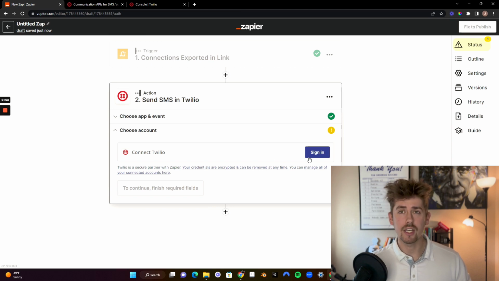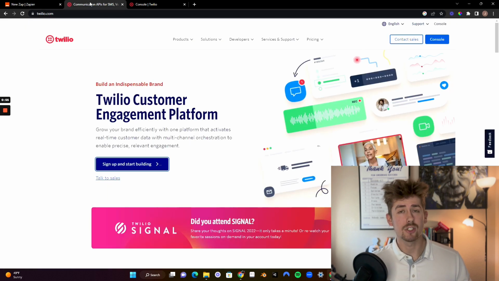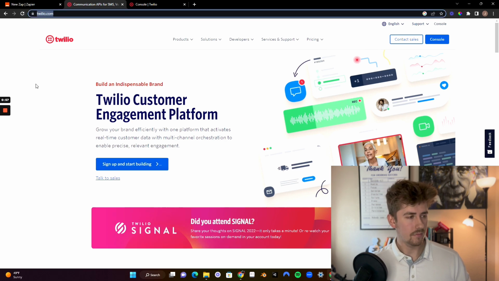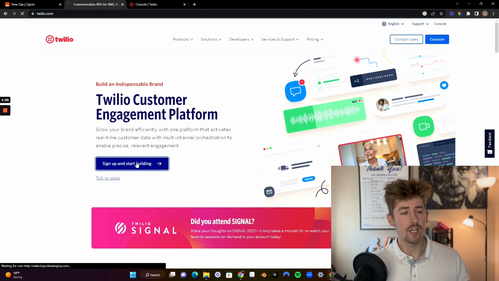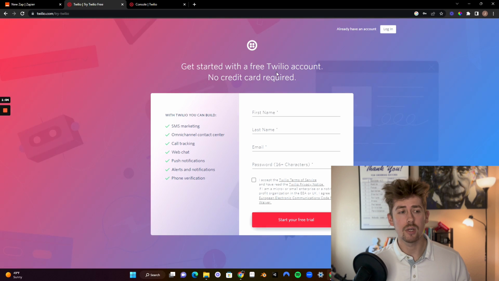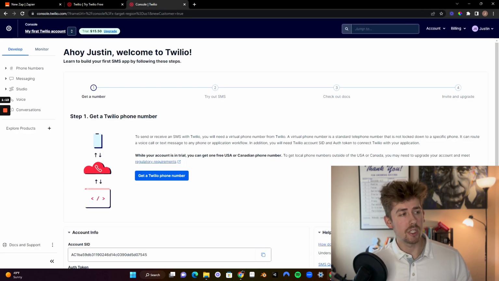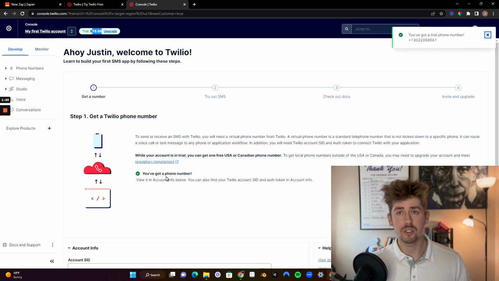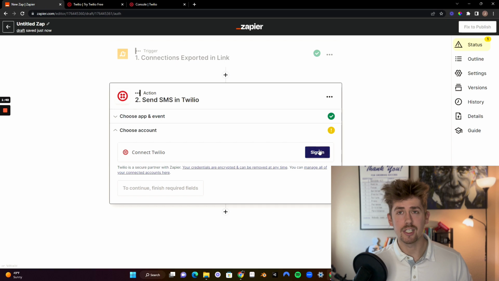Now, if you don't have a Twilio account, you can actually start one for free. No credit card required. There is a link in the description below. Just fill in your information, and they'll actually give you a budget of $15 to start with. And you can actually go ahead and get your Twilio phone number pretty much immediately and start sending out text